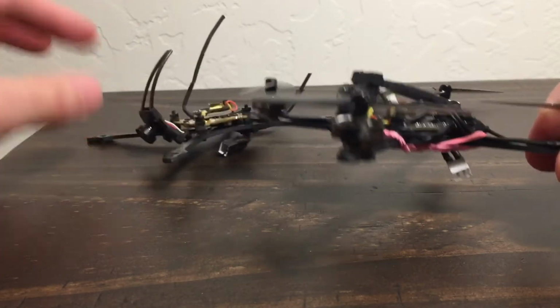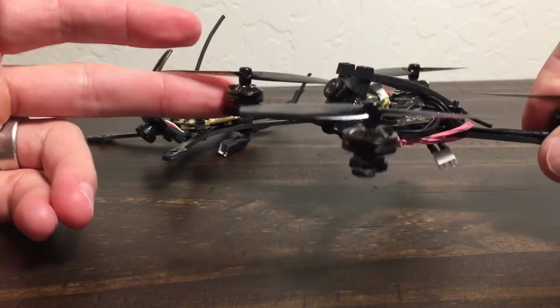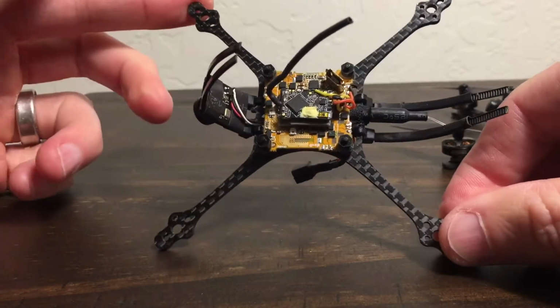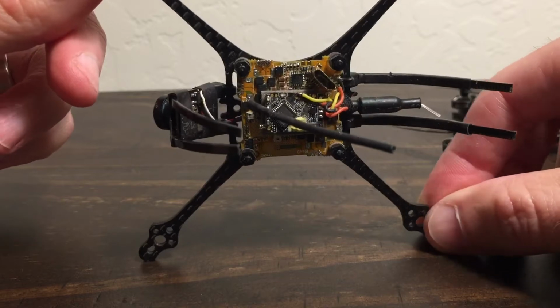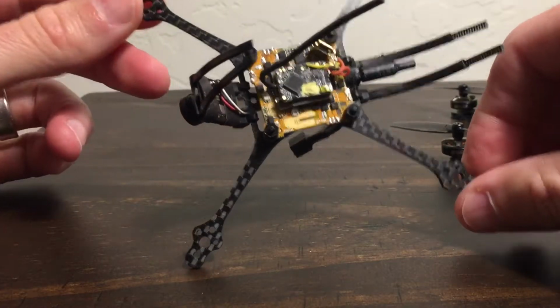this flies great, which is kind of nice, because I was a little bit worried that we wouldn't have a 1102 motor option for 2S. But as it turns out, these motors seem just fine. But yeah, we got to figure out what's going on with this board. So I'm going to get in touch with Beebrain, see if they can help me out. Hopefully their legendary customer service comes through, and hopefully this works, because I really do like this board for a